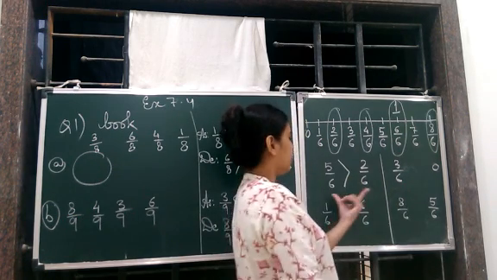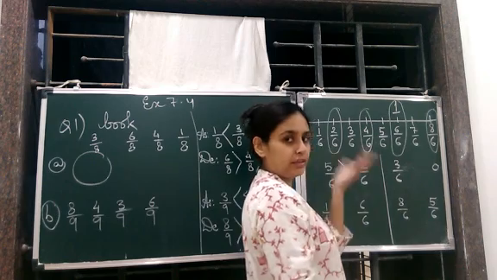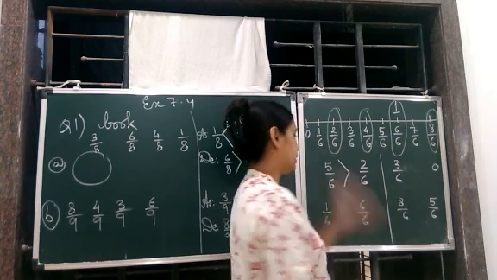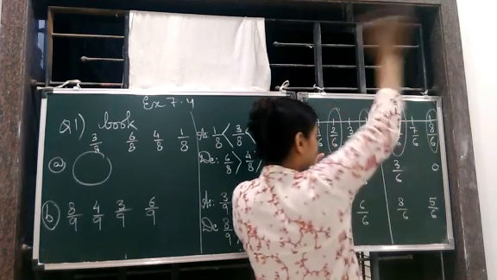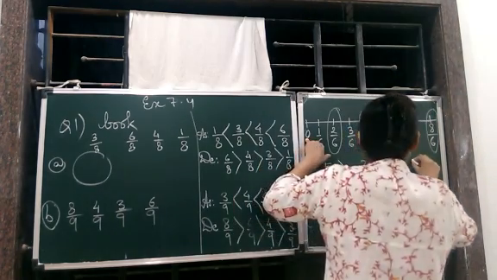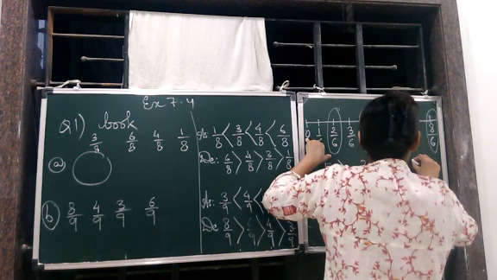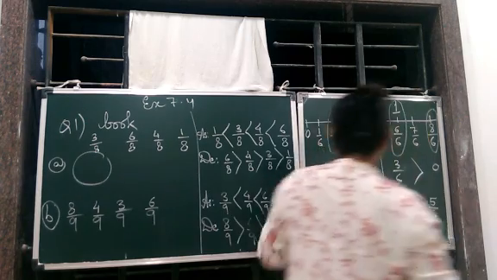Also, if you see, denominators are same, so we compare the numerators; the bigger is considered bigger. So 5 is bigger, so 5 by 6 is bigger. Then 3 by 6 and 0. This is 0, this is 3 by 6. 3 by 6 is towards the right, so obviously it is greater. So 3 by 6 is greater.